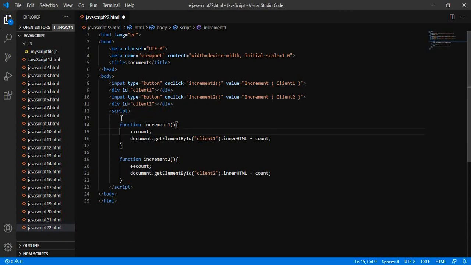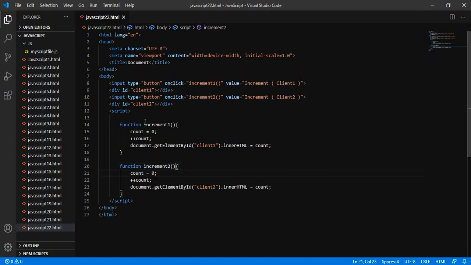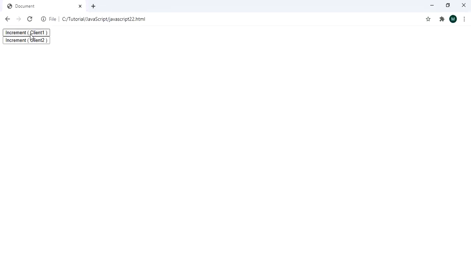So let me just put that inside both increment functions. Now when I am clicking on increment, it is incremented by 1.